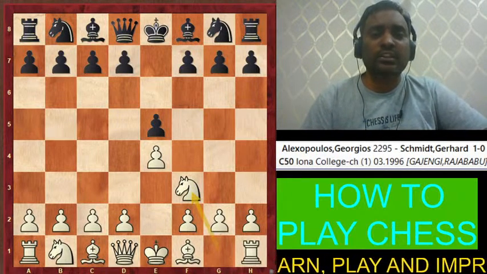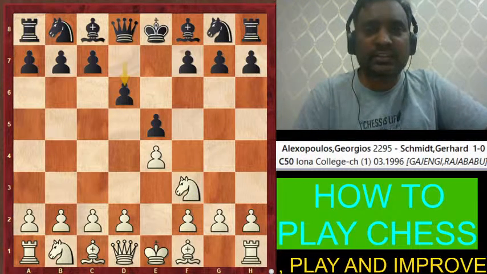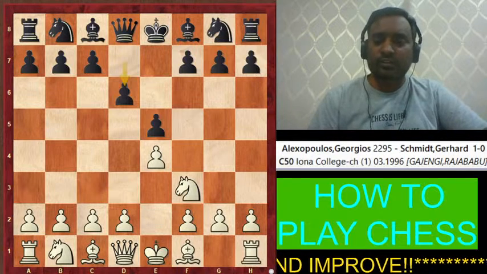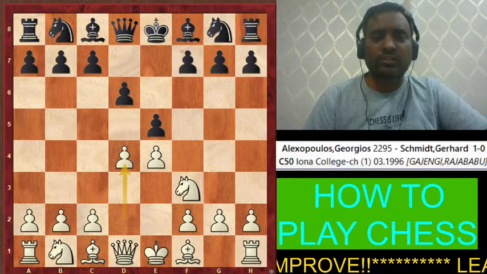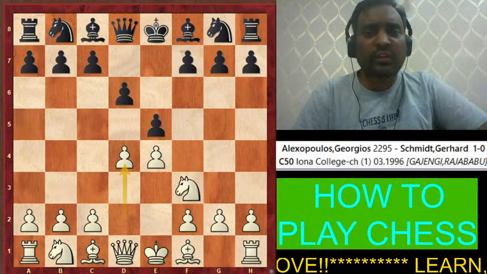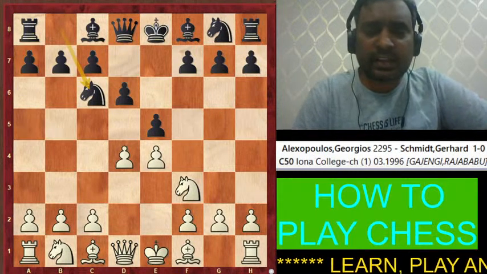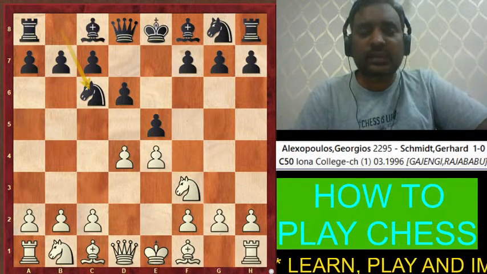But today we are discussing all games where the black played D6. जहाँ पर ब्लैक ने D6 खेला है वो गेम हम देखने वाले हैं. So as we know that we should play, our move is D4. Okay, now let's see the game where the black played knight to C6. Black ने क्या किया है, knight को C6 पे खेला है.